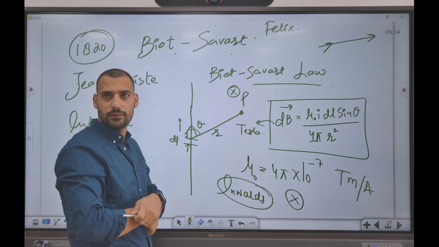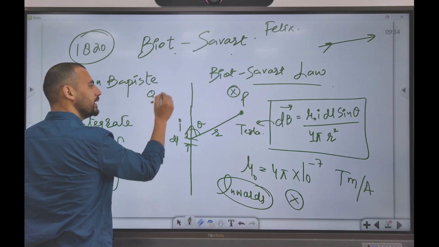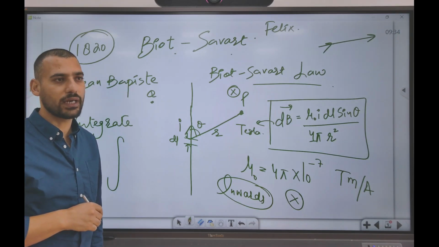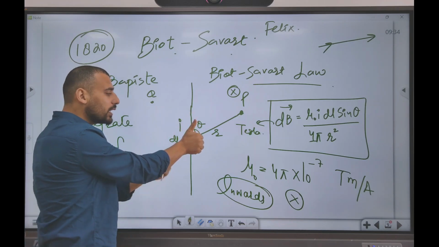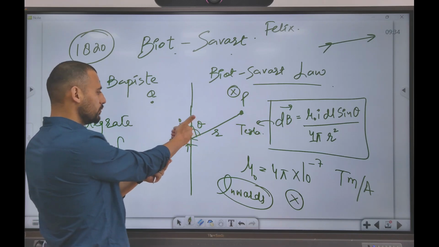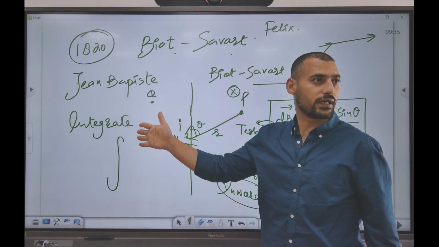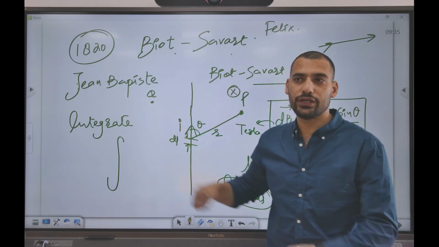Is this fine? And if the point was here, if you are asked to find the direction of the magnetic field at point Q, how do you find it? Use your right hand again. The thumb will go along the direction of the current. Now you have to curl your fingers towards Q. So when you curl your fingers towards Q, see what is happening? The fingers are coming out, right? That means the magnetic field at point Q is